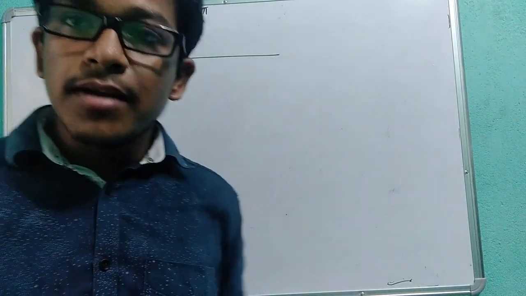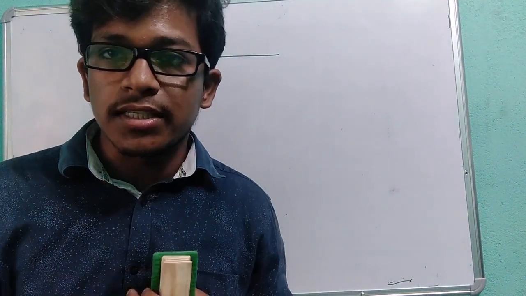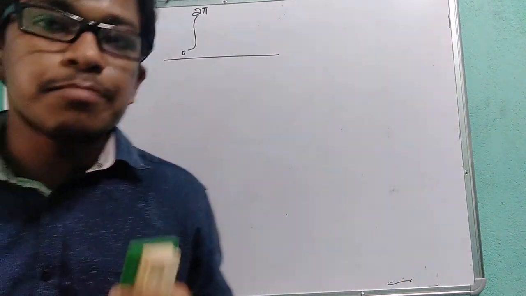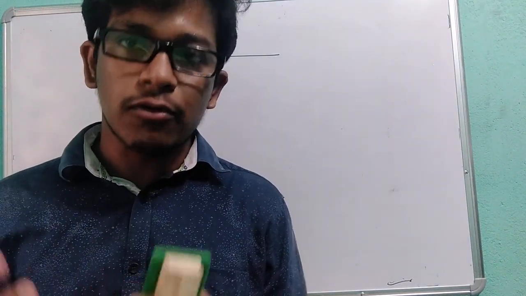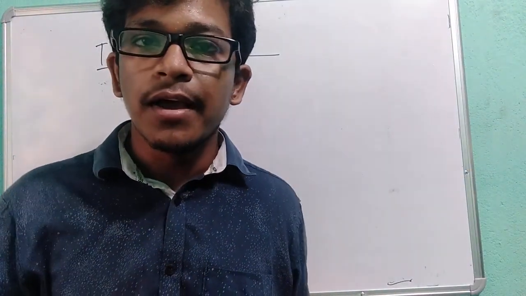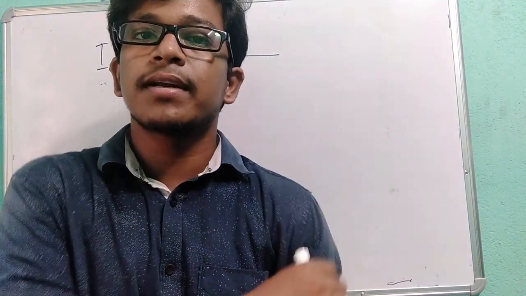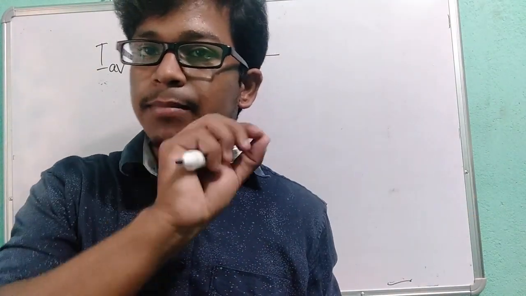Listen guys, average means, suppose there are 10 students and they have certain marks in a physics paper. Suppose someone is getting 25, someone 29 out of 30, then 28. Someone will ask, what is the average mark of the students of the class? What will you do? You will add all the marks and divide by the number of students. Whenever you calculate the average of anything, it is the total summation divided by the number.